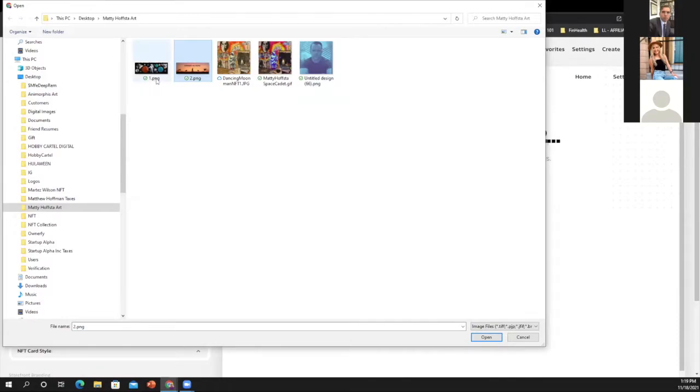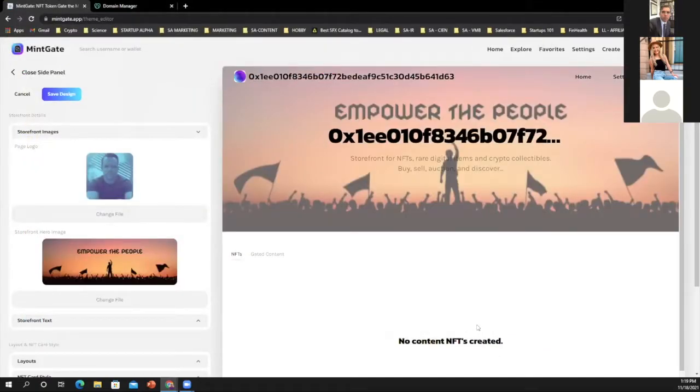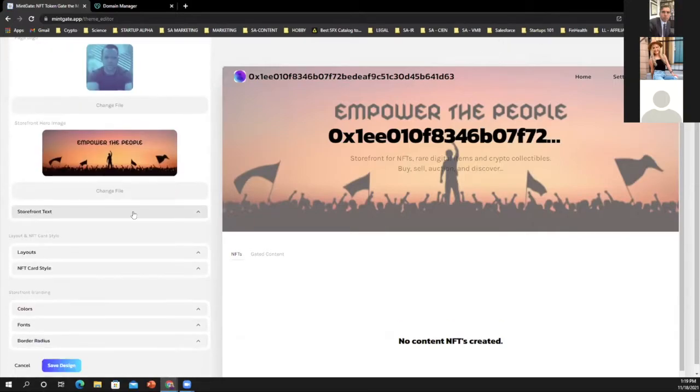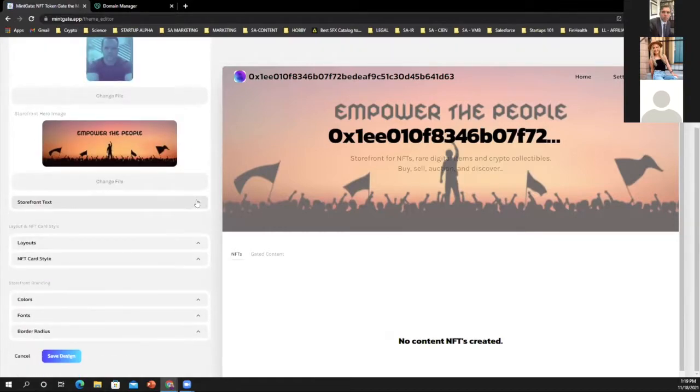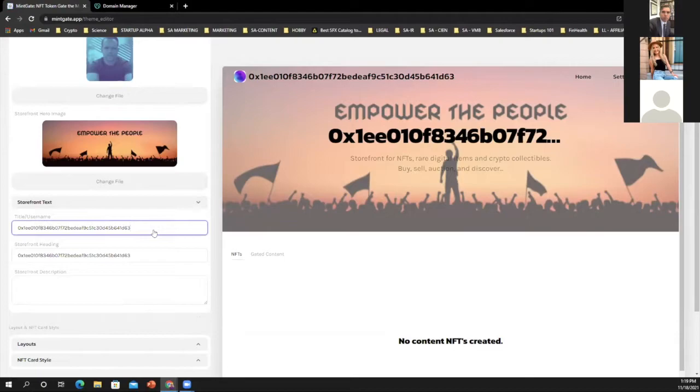I think 12 plus is the number, but I'm going to just put this one in here for now so we have something set up. And as you can see there, I've added this now and it's saved. So I'm in the default standard profile setting for Mintgate. And I'll have the ability to then go back through and change my layouts here, but I'm adding these baseline steps first. And then the next step to add is your